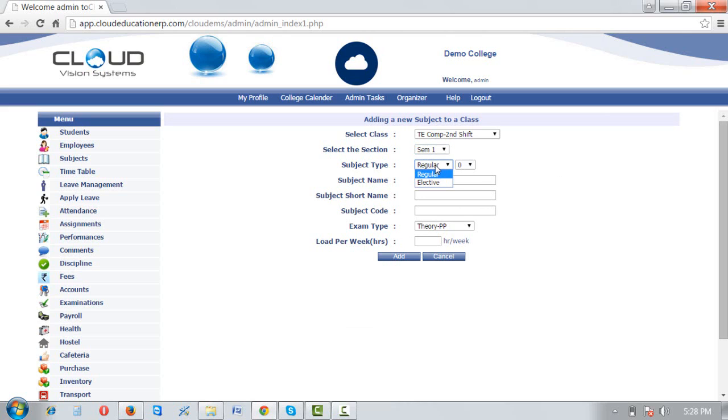Now this is the subject type, regular or elective. Depending on the subject, we select this subject type. If elective, then select the elective type. Automatically the number 1 will be generated for it. Now the subject name, suppose data structure, short name DS, subject code 001,